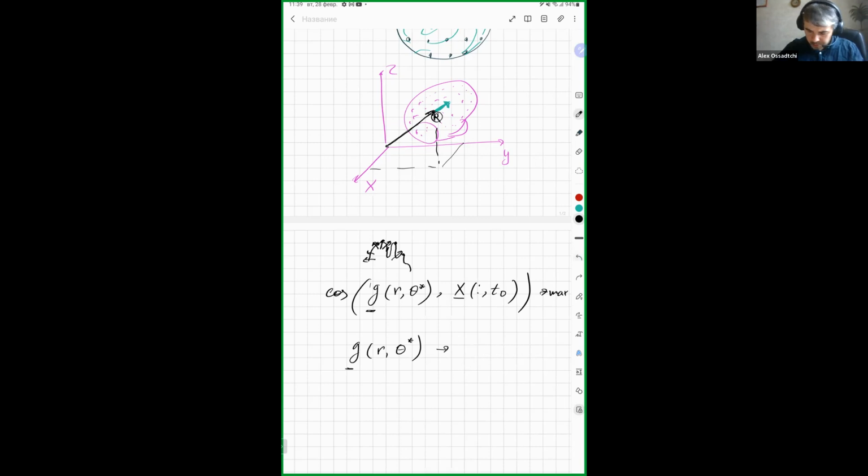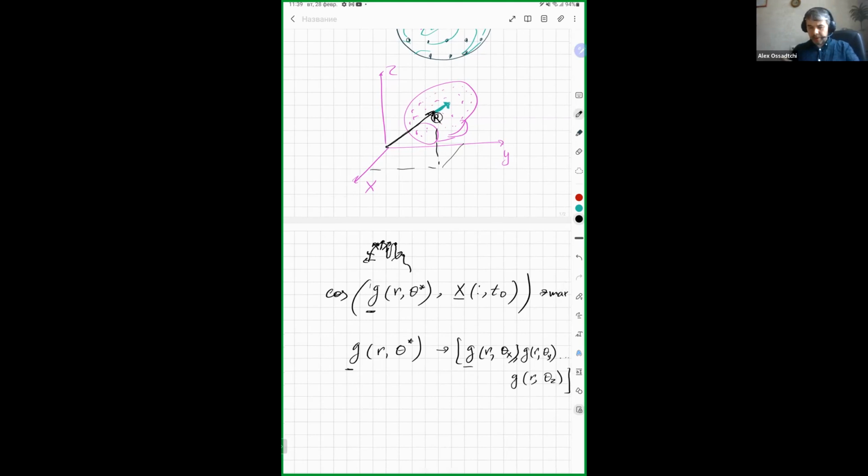Okay, it will be a matrix. G of R of theta along X, G of R of theta along Y, and technically G of R of theta along Z. Okay, right? So instead of a single vector, we now had three vectors, and we had to solve the problem of finding the R,